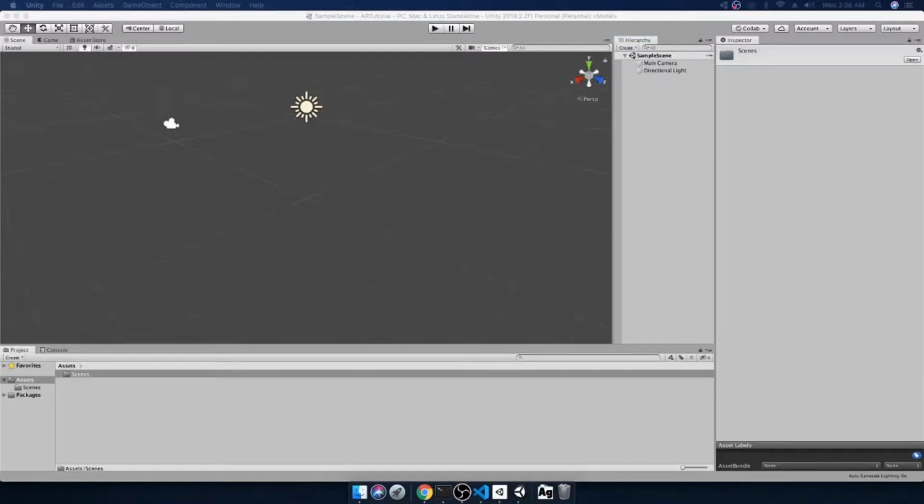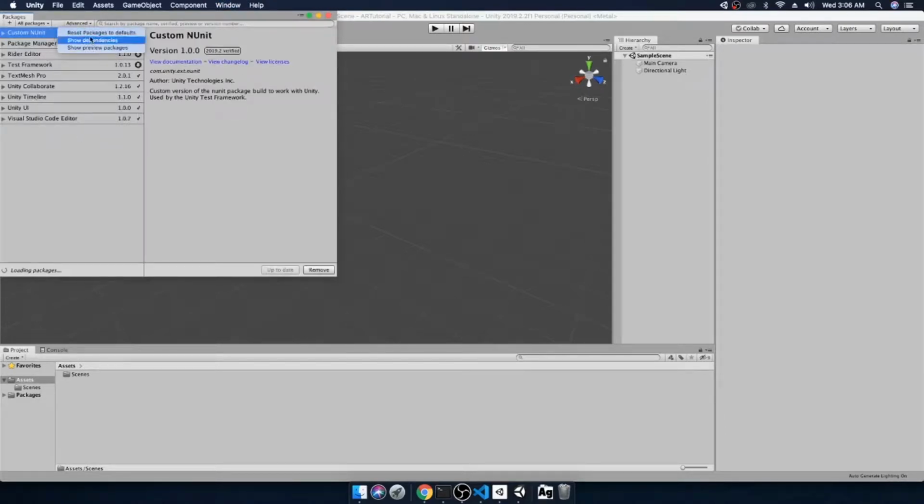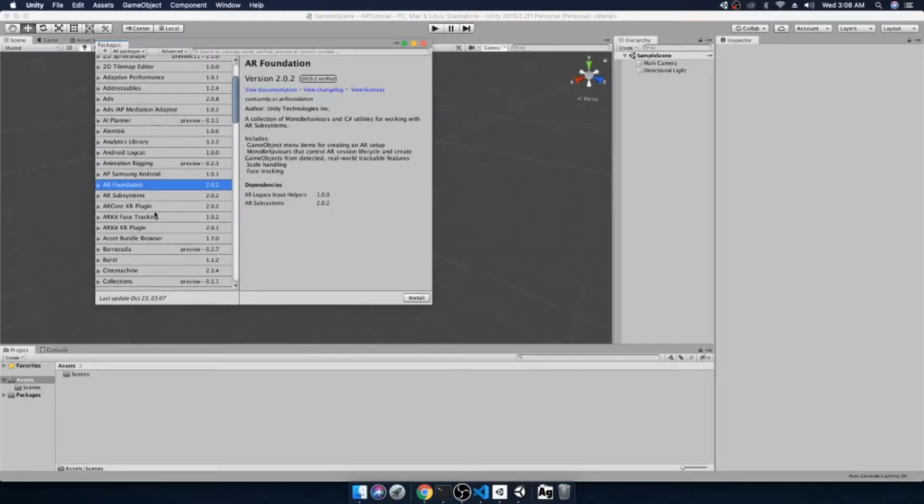So let's get started. I'm in front of a very empty Unity project, and I will quickly set up some basic settings for AR projects. First, I will go to Package Manager from Window, and then you have to select Preview Packages. After selecting the preview packages from this option, you can see there are a few AR related packages like AR Foundation, AR Subsystems, then ARCore, ARKit face tracking